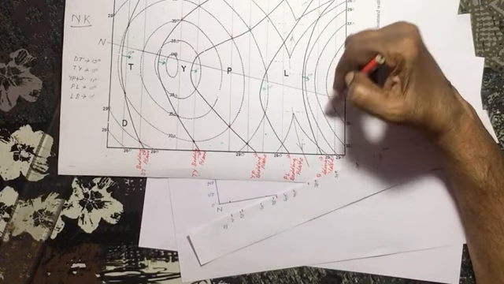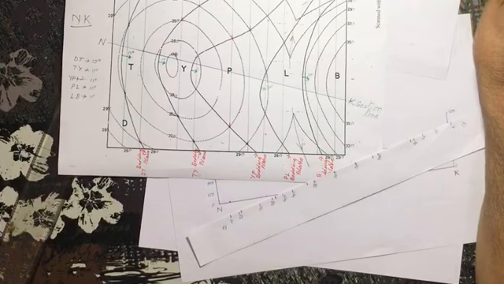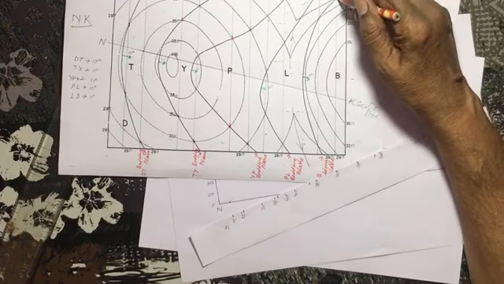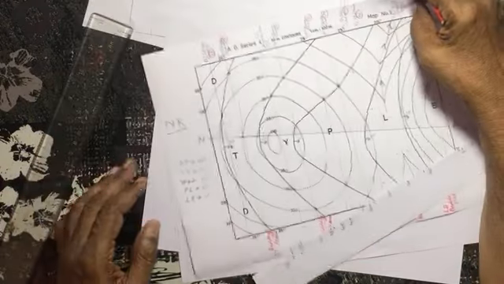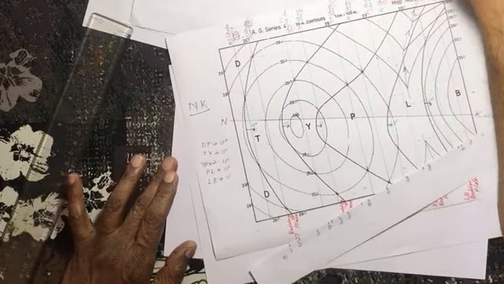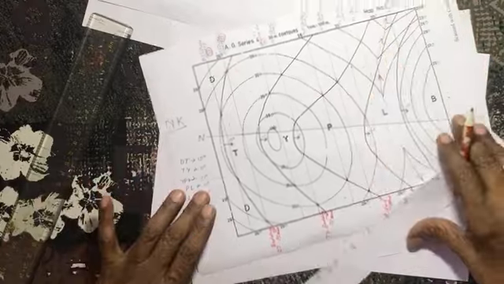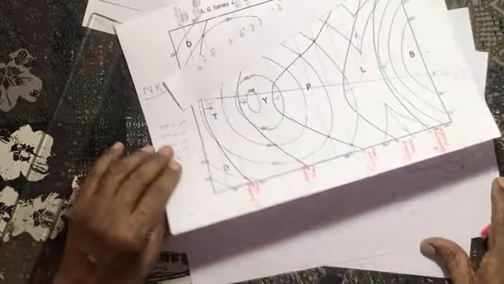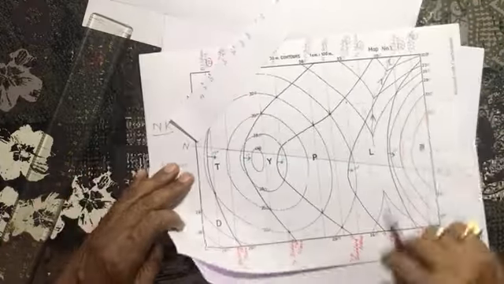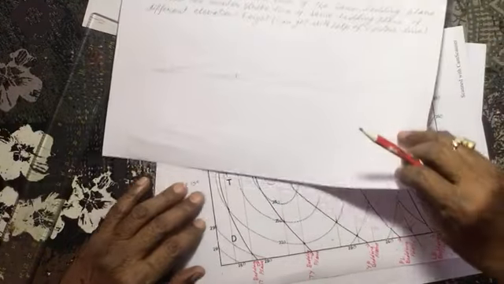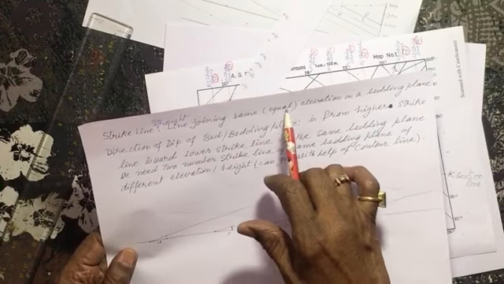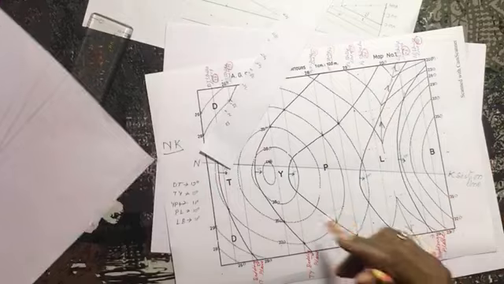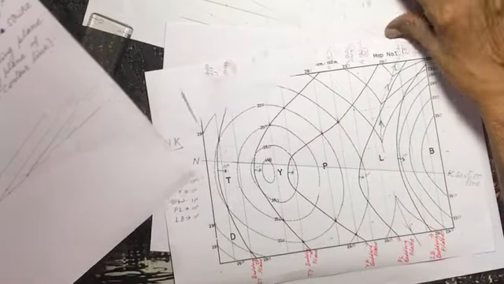So earlier strike line parallel to that line, with the help of the ruler, I drew it from this point. So 26. Now strike line, direction of the dip is always from higher strike line value towards the lower strike line value, as I showed you earlier. This is written here: strike line, a straight line joining same or equal elevations on a bedding plane. So I had drawn the strike line for the individual bedding plane.